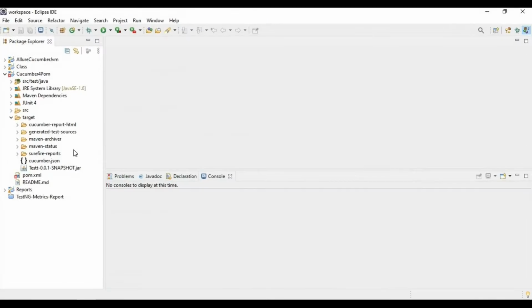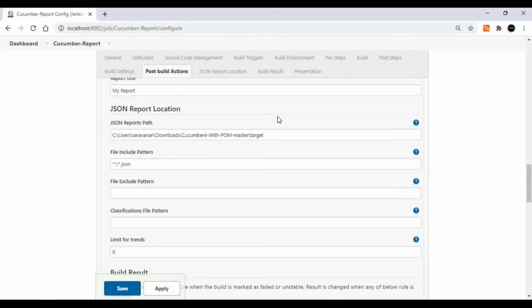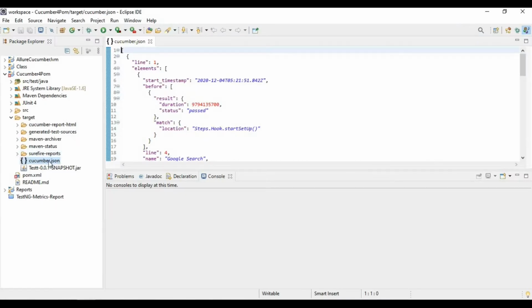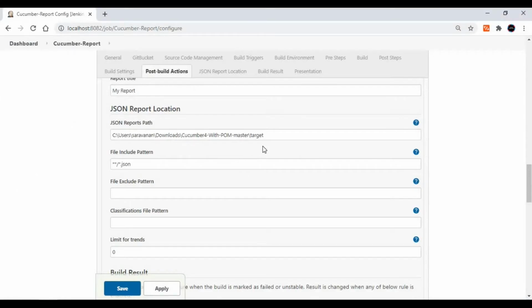In my case, my JSON folder is here, the cucumber.json output that I am generating from my project test results. This is the folder where my cucumber.json output results will be stored, and I'm just passing that here.